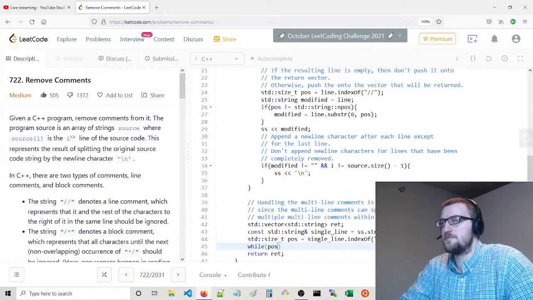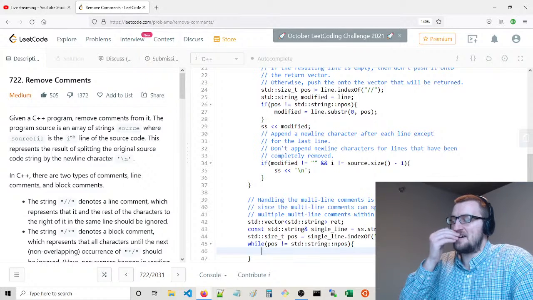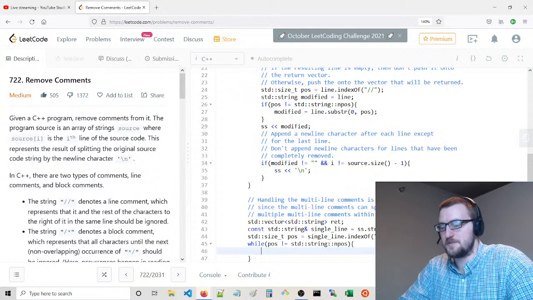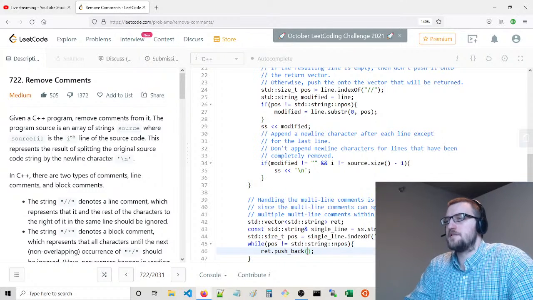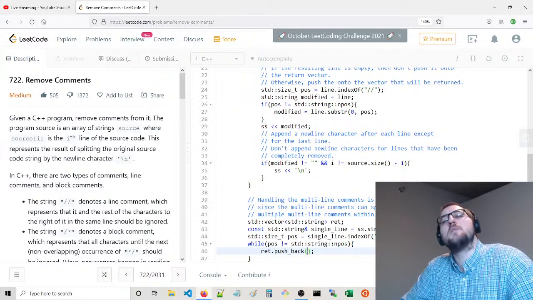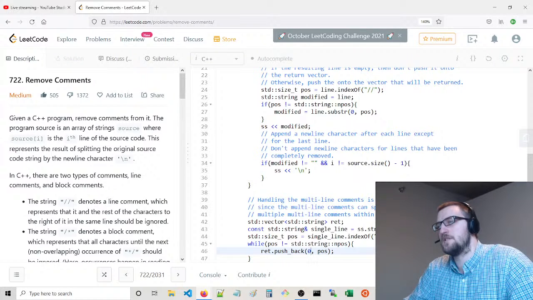And we're going to say while position is not equal to std::string::npos, we're going to ret.push_back. So we want all of the characters up to position, so 0 to position, substring.